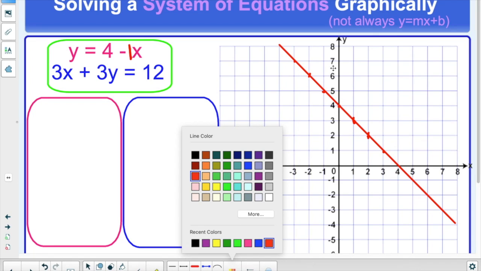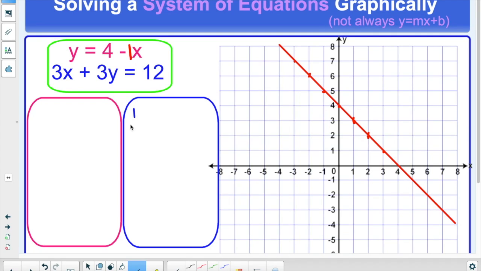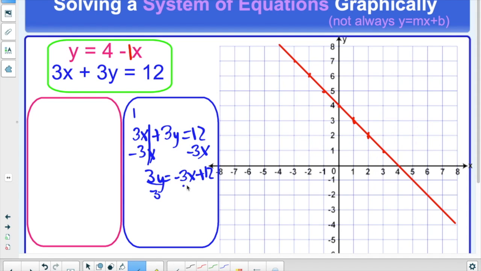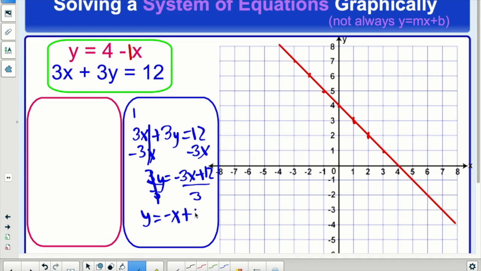And then if we had to graph the other equation, we would have to change it so that it is in slope-intercept form. We could also find the intercepts, but I think for this question, we're just going to stick with changing everything into slope-intercept form. So here, I'll have y equals negative x plus 4,